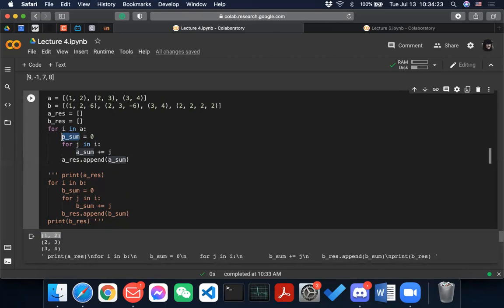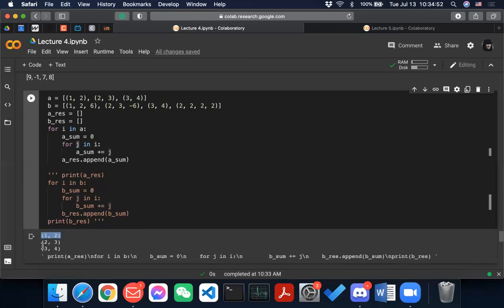And then you just again loop through for j in i. So i in this case is just 1, 2, 2, 3, and 3, 4, right? And then for j in i just means for every element in each of those tuples, right? So if you print out j, then you will have 1, 2, right?